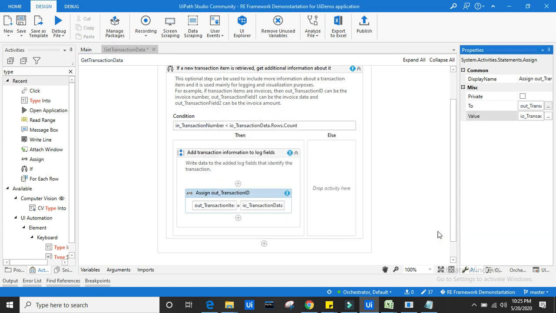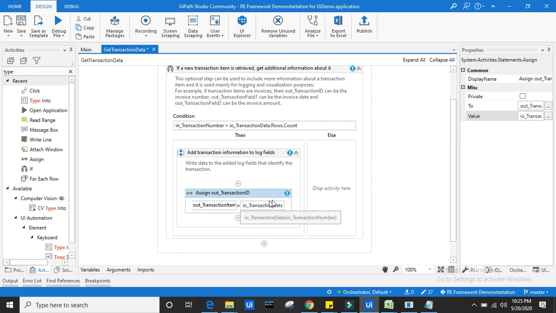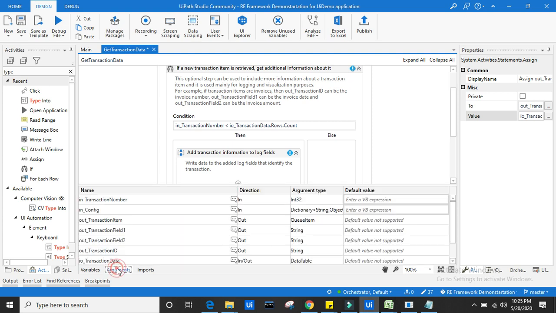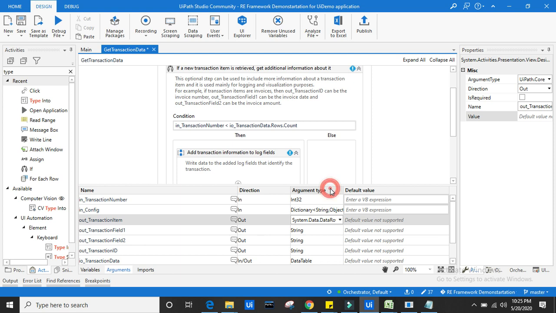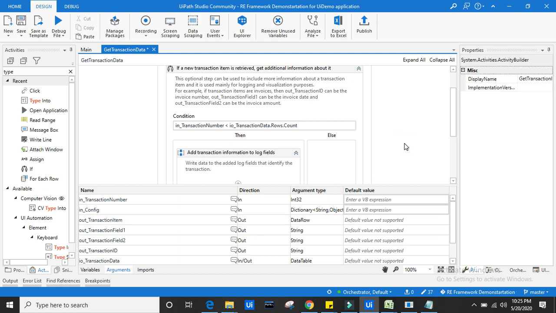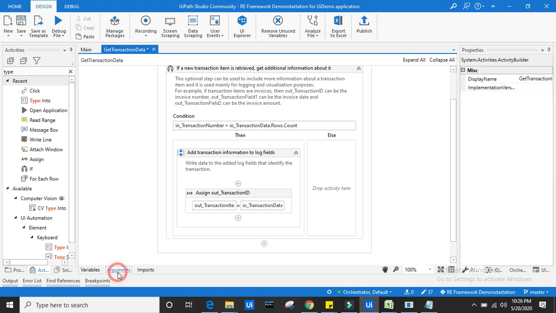So we are going to update the transaction item. I'm seeing an error, so let's see what the error is. Let's go to arguments. Here we are seeing this as a queue item, transaction item. We should change this to data row. Now the error should be resolved. Yes. This is very important.